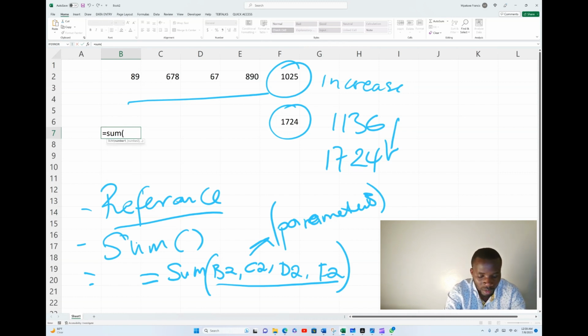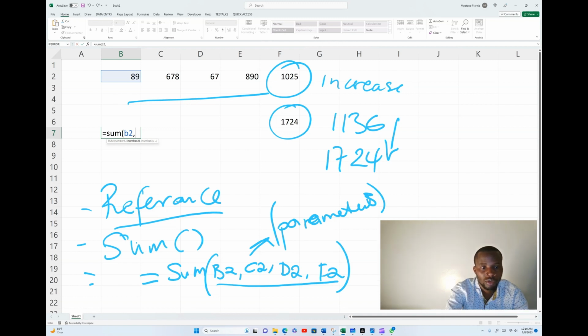So I'll go ahead and open the bracket. After opening the bracket, which is the parenthesis, then I need to put what? The arguments. So in this case, the argument is B2. I'll start with B2. B2 is the cell reference, which is the cell that contains 89. So that one is called the cell reference. So I will put a comma. A comma is used in Microsoft Excel as a union, or it is used to combine different numbers whenever we are doing calculation. So after putting the first value, I put a comma, and then because I want to add or I want to combine with the other value, which is